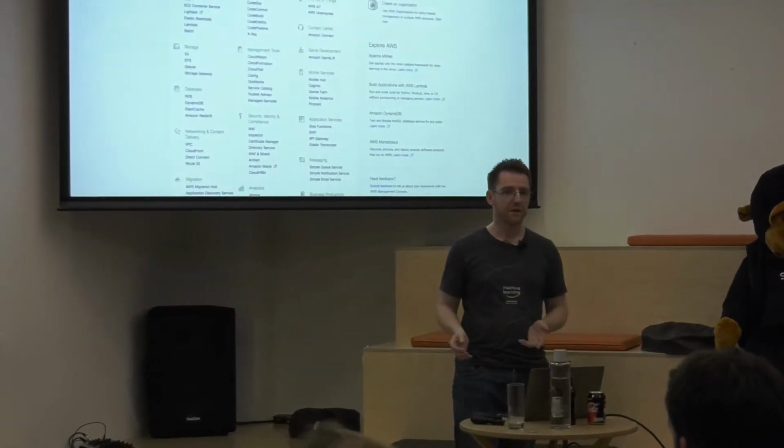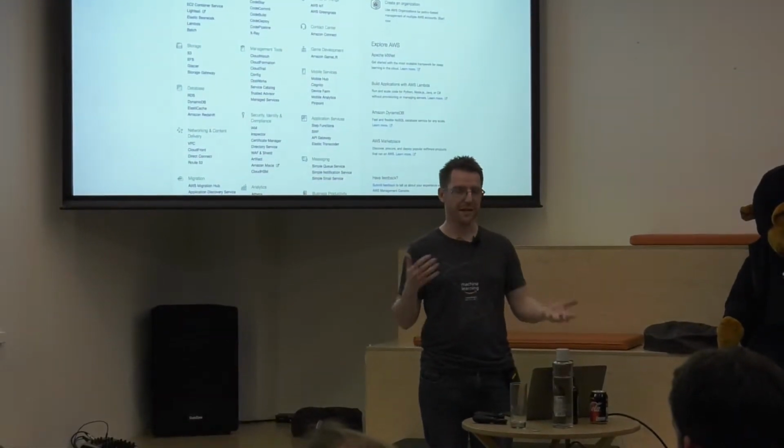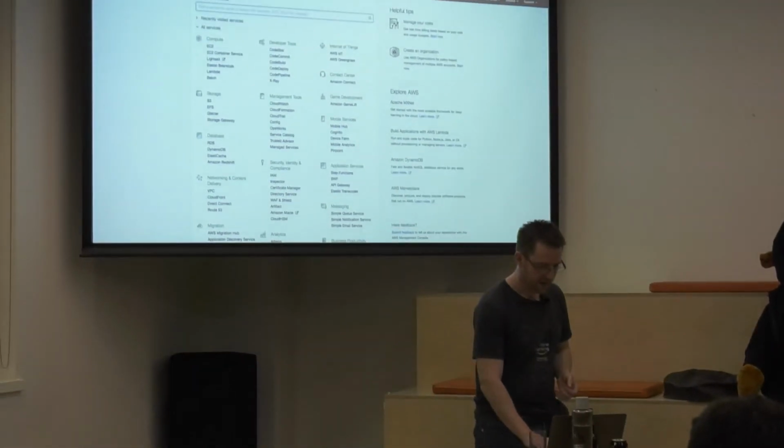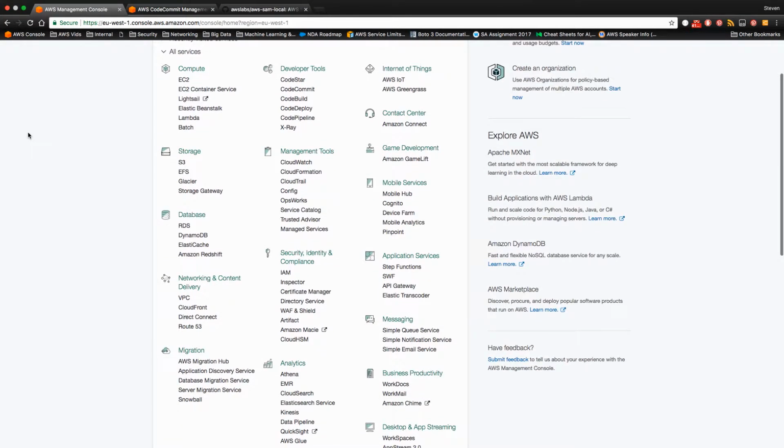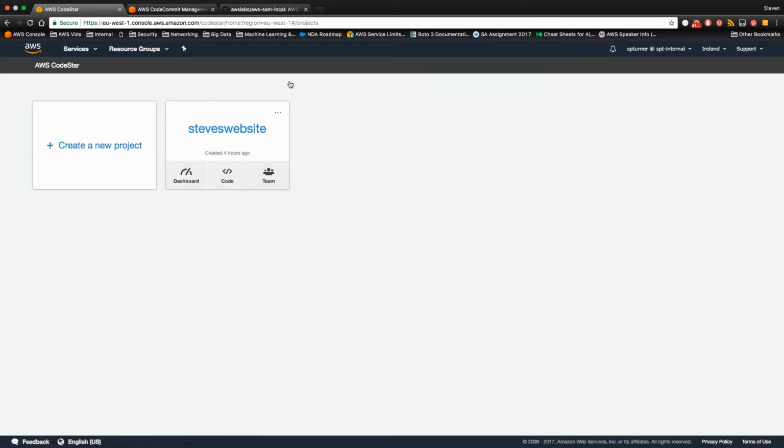Yeah, so for those of you who aren't aware, this is the AWS console itself. As you can see, we have quite a few services there, and they cover a lot of different elements. The one I'm really interested in today is actually CodeStar. What CodeStar is, it's a way of building a project very, very quickly in AWS that incorporates a number of different elements, and it can be everything from a CI/CD pipeline right through to actually being able to go and monitor it, deploy it, iterate quickly.